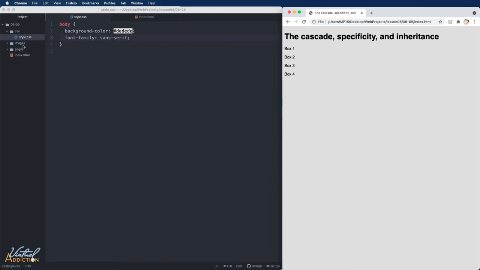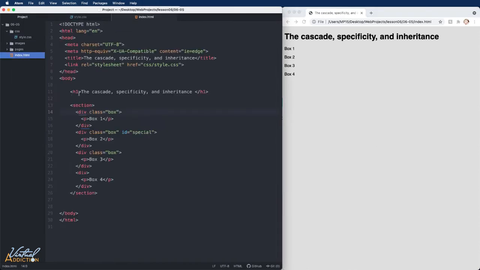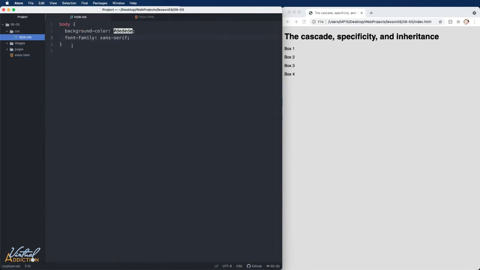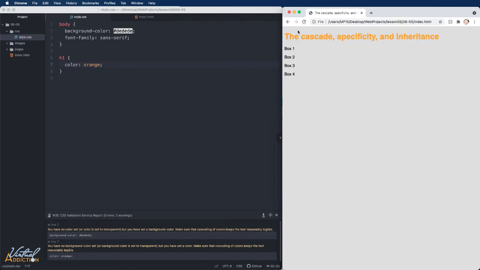So even though we never explicitly set a font family on our H1 or on our paragraph tags, they are being affected by the rules that we have specified. Let's go into the style file and let's make a rule on our H1. I'll go ahead and specify that the color of the H1 be set to orange. Now, as you can expect, when I refresh my page, you can see that the color of the H1 is